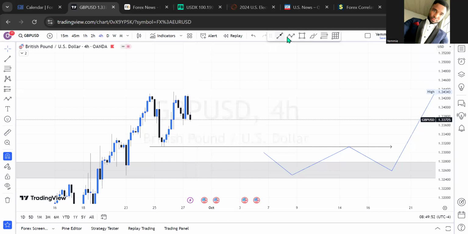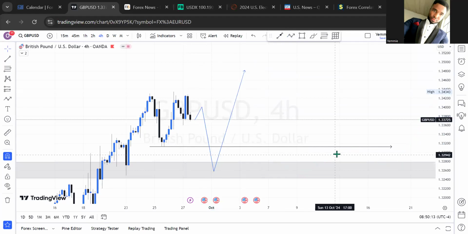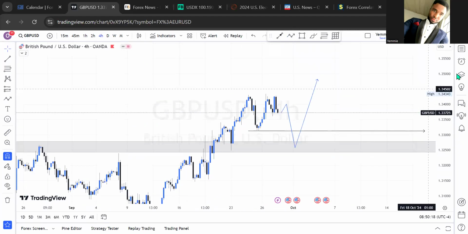With this information, I will not expect an initial sell just like that in the market. I will have to wait a little bit for the market to come to a price level like this one here at 1.3400, a psychological zone, and for the market to sell from there into the range I'm expecting. So basically, this is my 4-hour outlook on Great Britain pounds US dollar for this week.